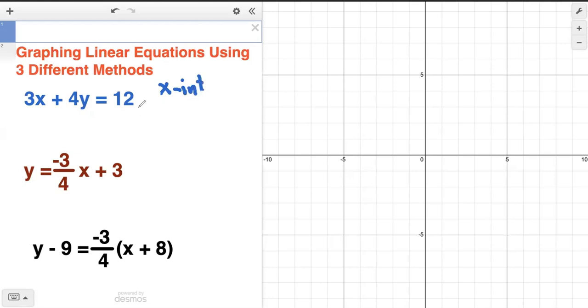And you know what? When you're finding the x-intercept, just make the y 0. If you make the y 0, 4 times 0 is canceled. So what you're going to have is 3x equals 12, and therefore x equals 4. So the x-intercept is 4. I'm going to go to the x-axis and put a point right at 4. To find the y-intercept,